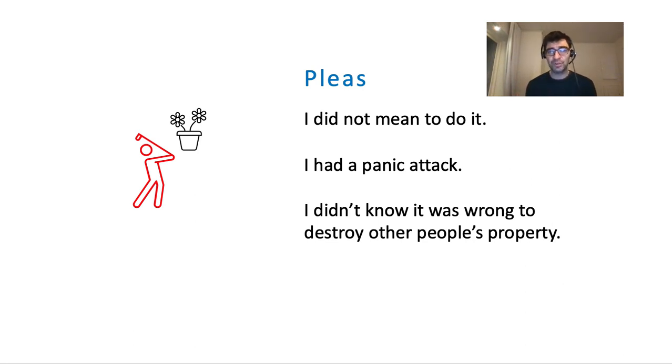For example, suppose the person who shattered your favorite vase credibly explains to you that they didn't actually mean to do it, it was just an accident, or they explain to you that doing so was somehow out of their control because they had a panic attack, or you somehow come to realize that they had no idea that they did something wrong. These cases would convince you that you're not justified in getting angry and blaming the person after all. And Franklin calls such extenuating circumstances pleas.